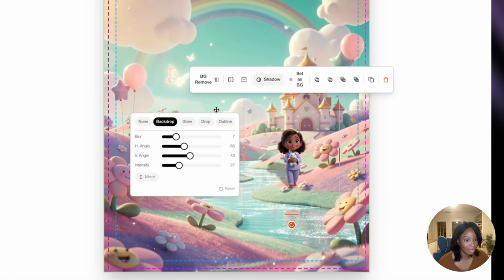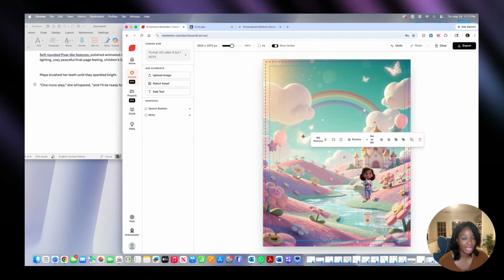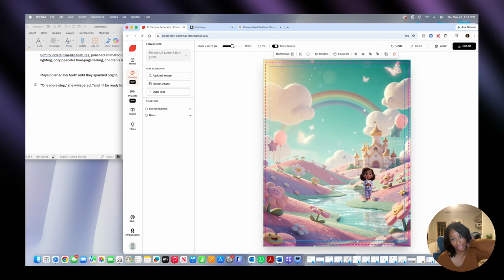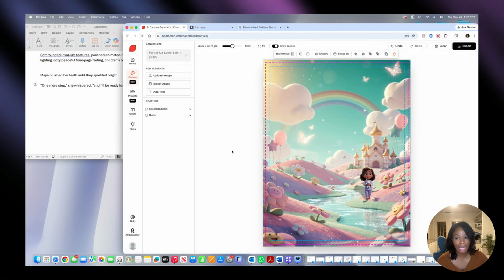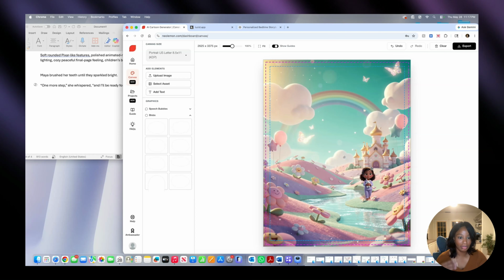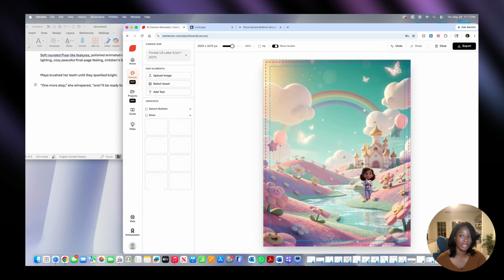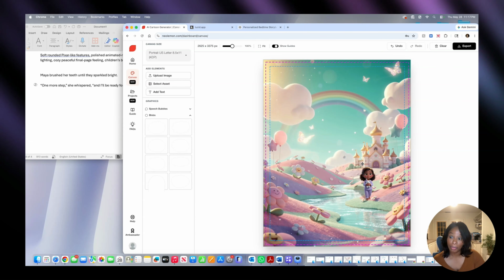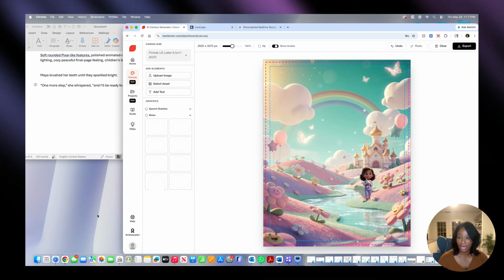I like this. This is really cool. But yes, you could do all that within Canvas. Of course, you can add your blob, add your text, add whatever you want to the image to make it your own. But this is what you can do with Neolemon and creating your personalized story